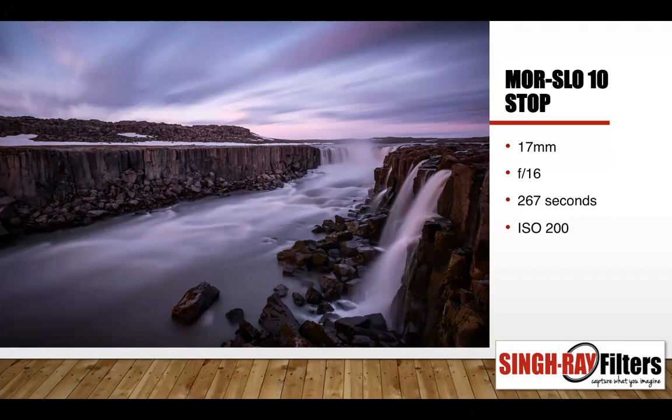What this app does is you tell it the exposure, essentially the exposure that you captured without the ND filter. Then you say, I'm going to put on 5 stops or 10 stops or 15 stops, and it calculates and gives you the resulting shutter speed. I find that very useful. That way you can just say, what will my shutter speed need to be for a good exposure at f/16, ISO 200 with a 10 stop filter. And that's how I came up with that.